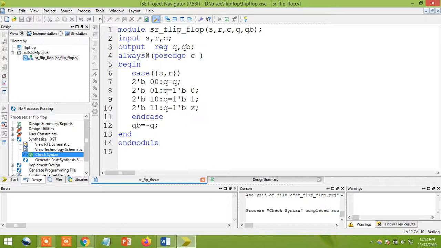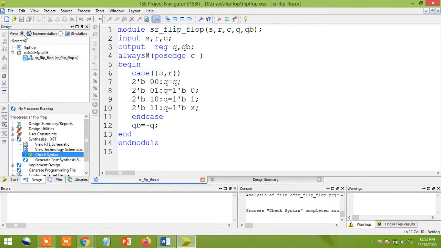When it comes to theory, no need to write the test bench program, you can easily execute. But when it comes to a lab, you need to show the waveform. So I'm telling about this condition, whether it is correct or not. I want to verify. For that, I want to write a test bench program. So just see how I'm going to take my test bench program.